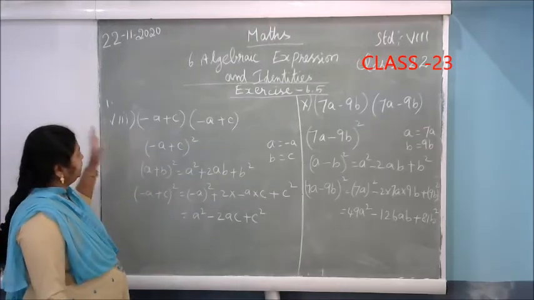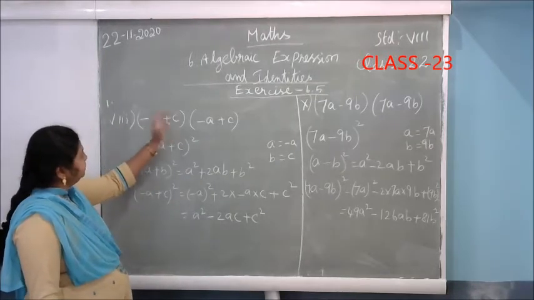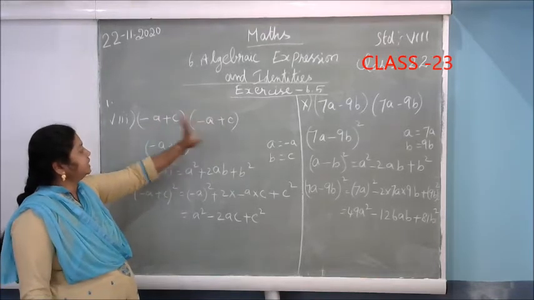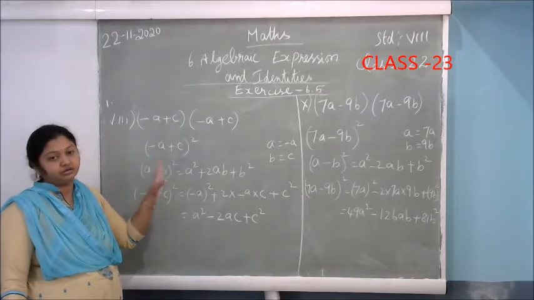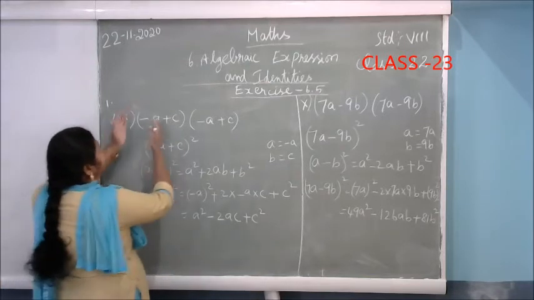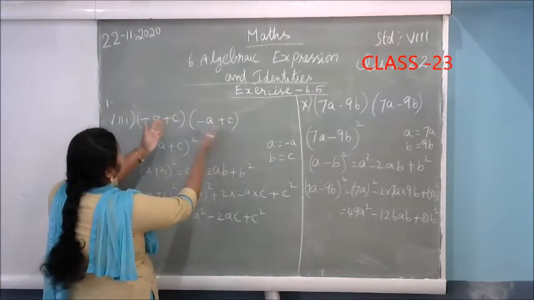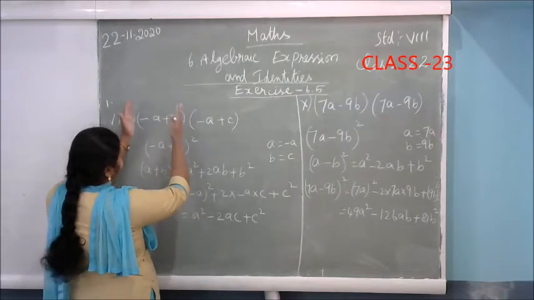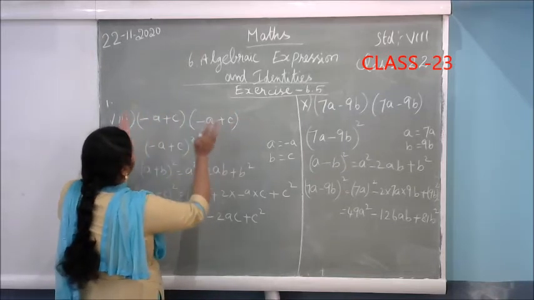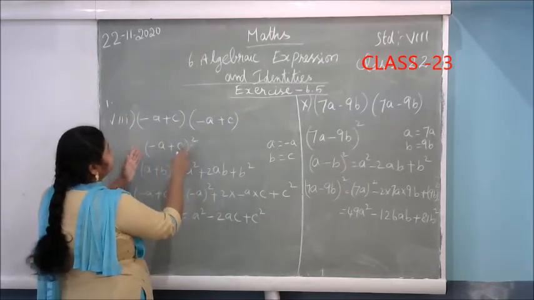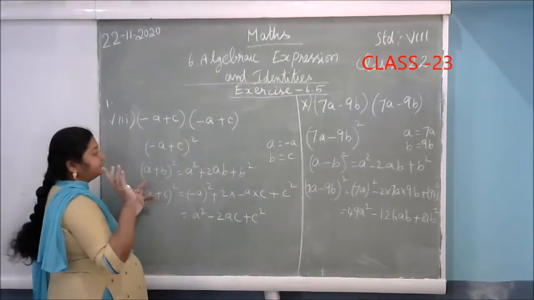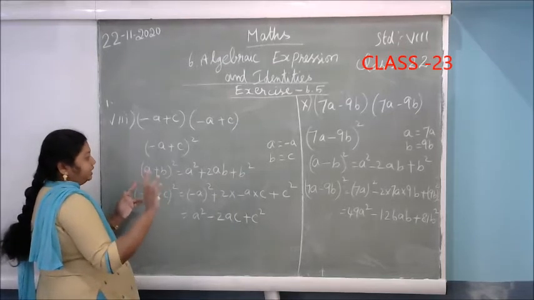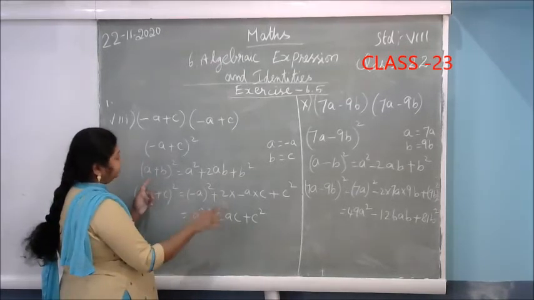See in the first main only, the 8th sum is minus a plus c. The same thing they have given in the second expression also. First you have to find out the identity. See the first one. See the sign also; the sign is also equal, the first expression and second expression are the same thing. So minus a plus c the whole square will come. Minus a plus c whole square means a plus b the whole square. First identity you have to write. First formula you should write and simplify the sums.